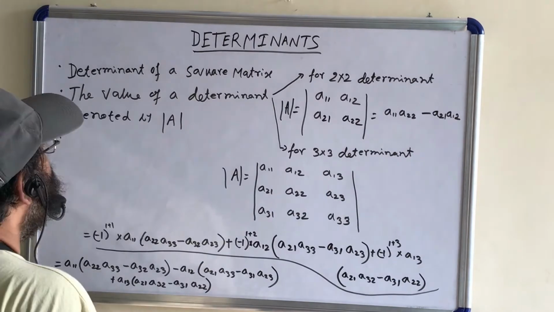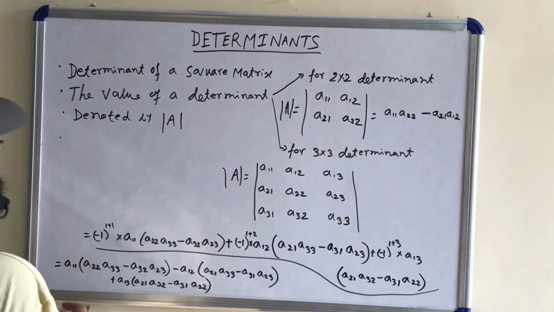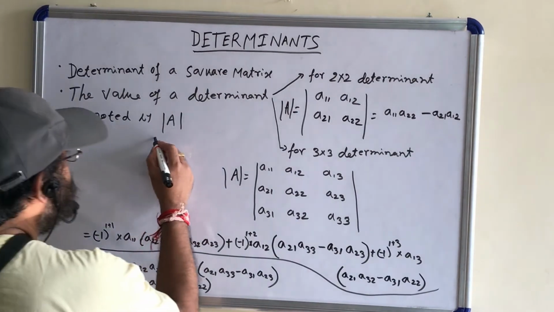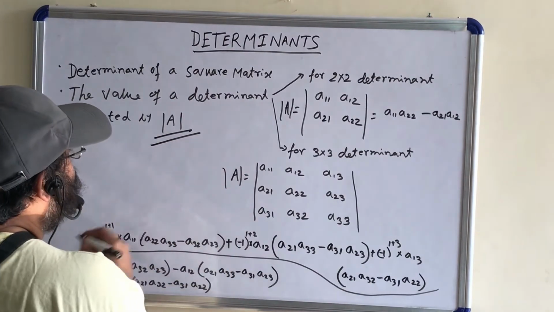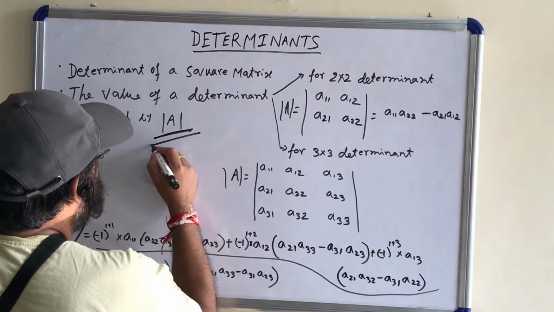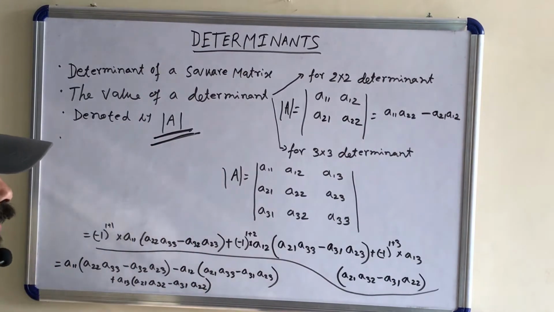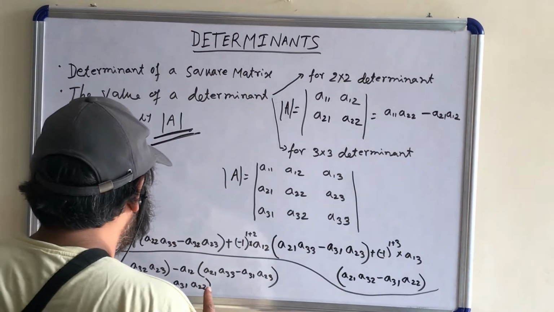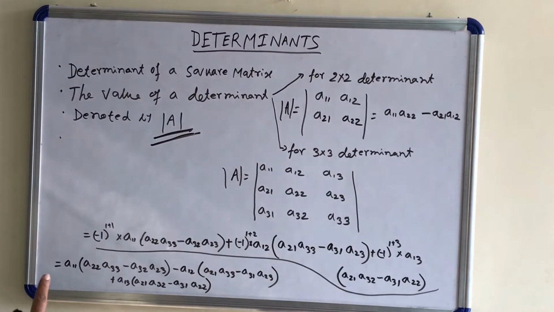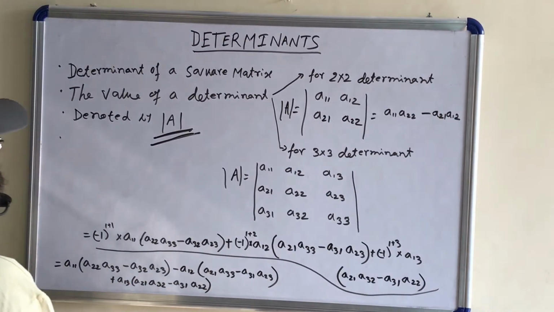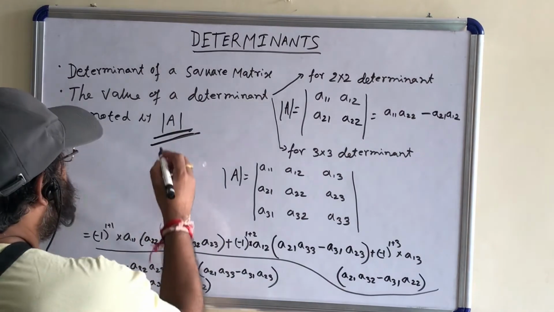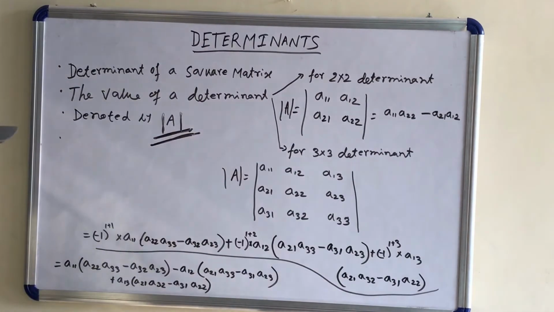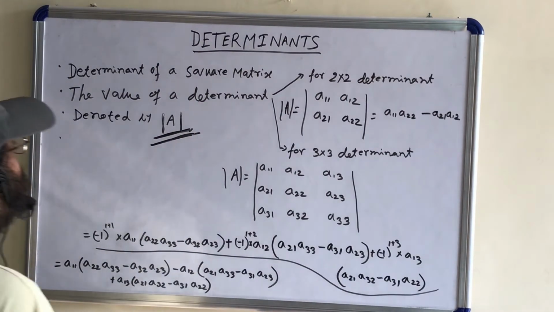How does the determinant come into the picture? A determinant is defined for a square matrix. If A is a matrix, then the determinant of that particular square matrix A is denoted by det A. The precondition for having a determinant is that it must be a square matrix. If it is a rectangular matrix, there is no determinant of that matrix. If it is a square matrix, we can have a determinant, which is denoted by |A|. That is not mod A, it is the sign of the determinant of A.